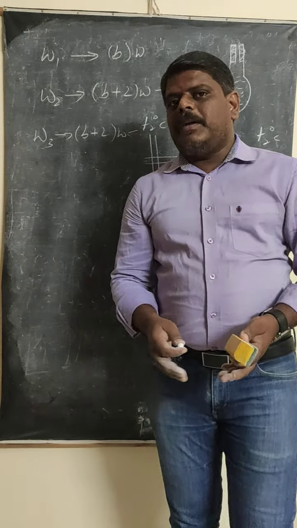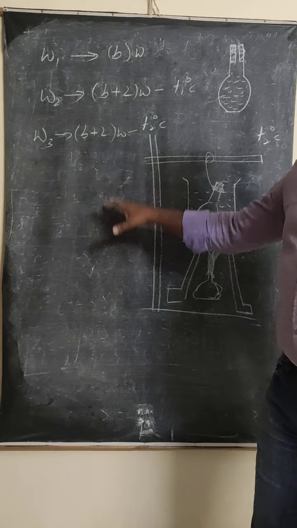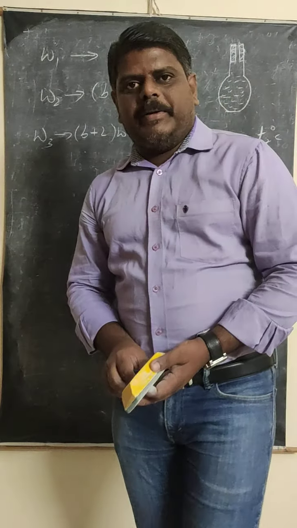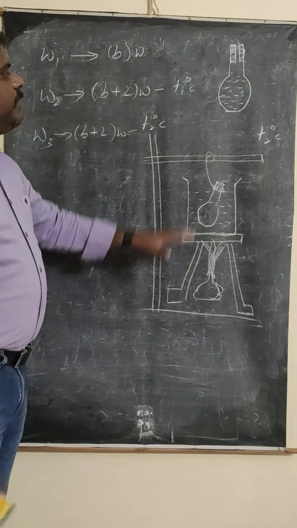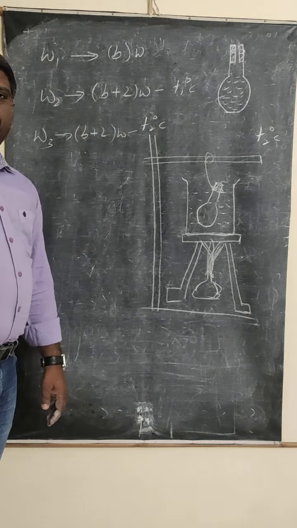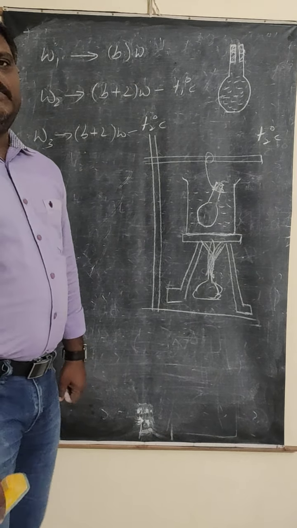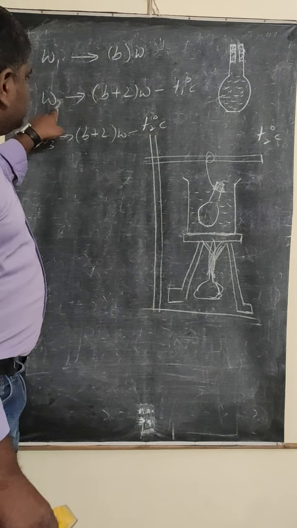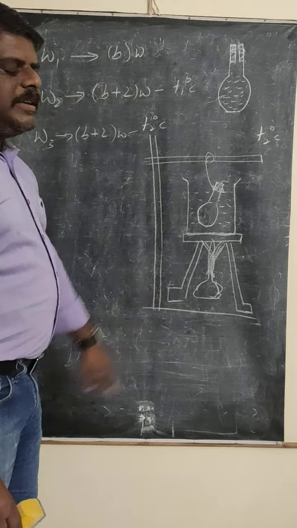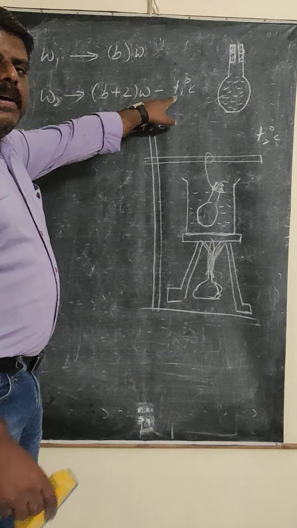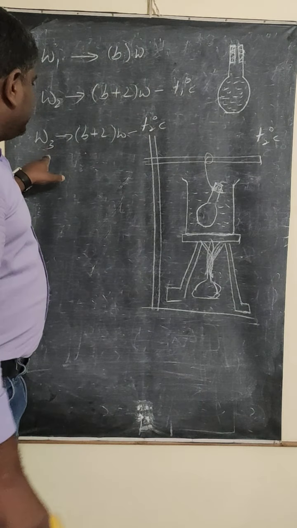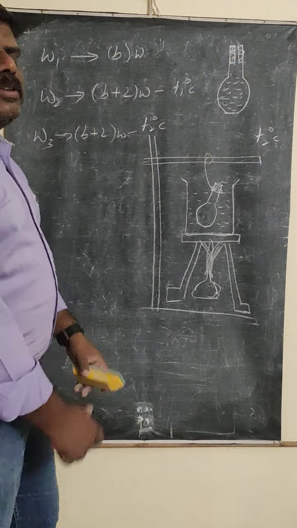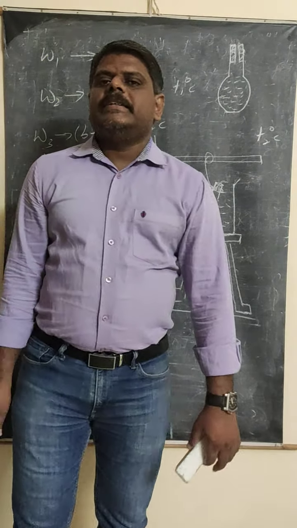Because if you want to solve the problem, you need to know the complete process. If you know this complete process, then it will become very easy to solve the problem itself. These are the steps in this process. Three times you measure the weight: W1 only bottle weight; W2 bottle weight plus liquid weight at temperature T1 before heating; W3 after heating, bottle weight plus liquid weight at T2 degrees Celsius. Okay, this is the experiment.